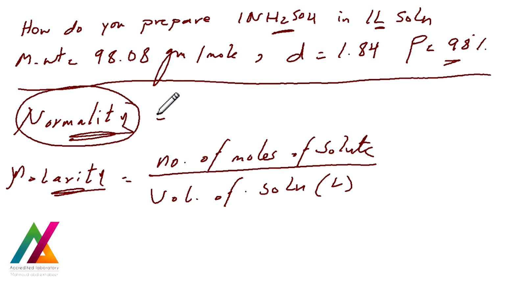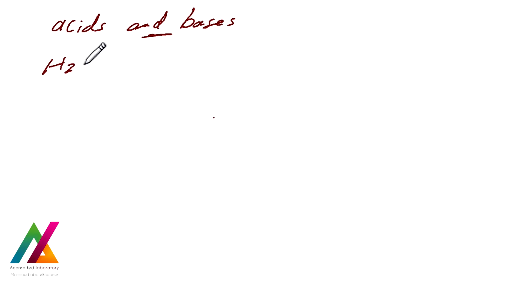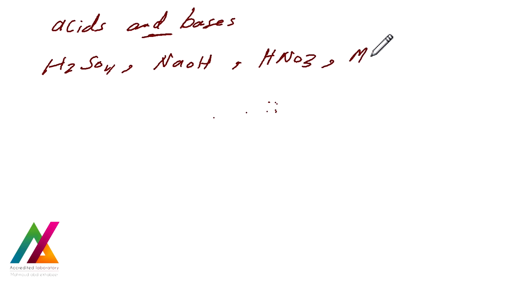Normality of a solution is the number of equivalents of solute contained in 1 liter of solution, or the number of milliequivalents of solute contained in 1 milliliter of solution. Normality is always used with acids and bases, or alkaline, such as H2SO4 sulfuric acid, sodium hydroxide, nitric acid, magnesium hydroxide,